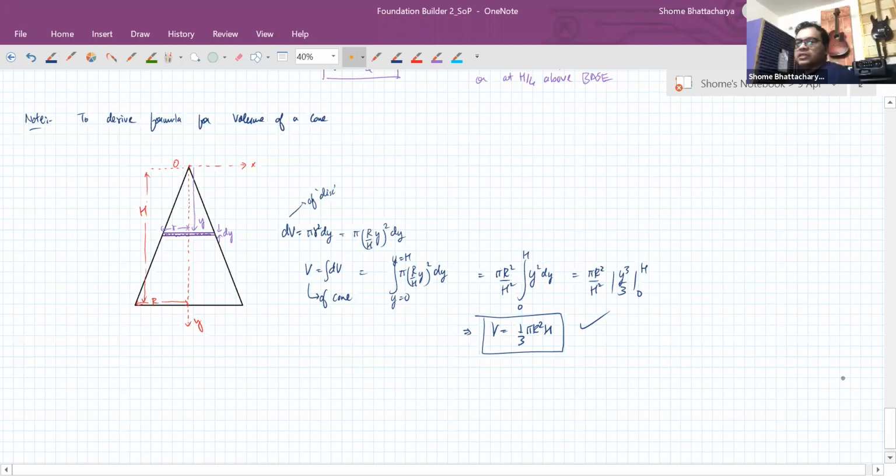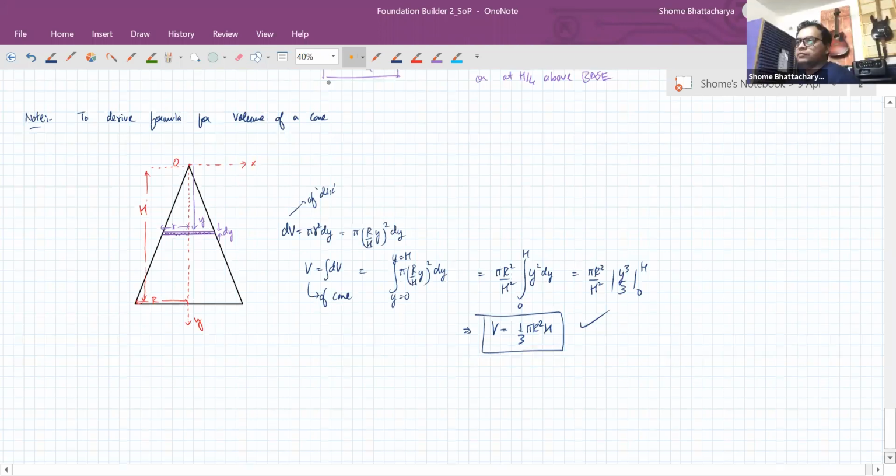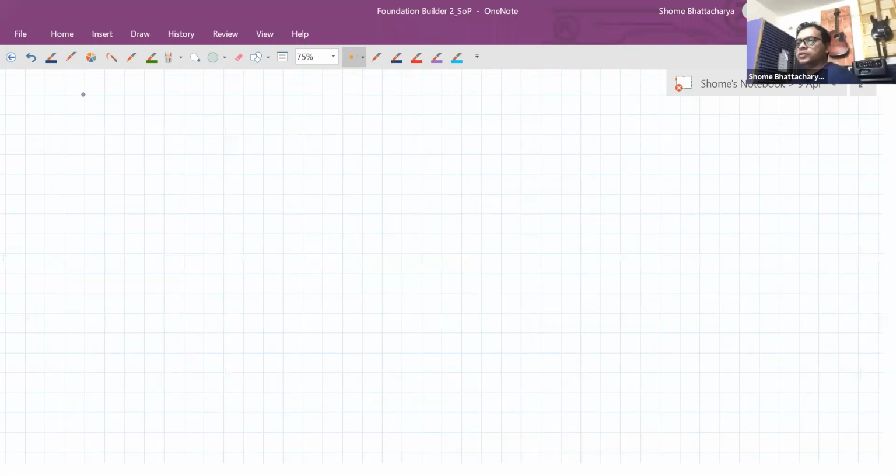Now we will continue with some more center of mass examples, but we will come back to them later. Now we will move on to another part of this chapter, which is about motion of center of mass. So in the next lecture, we will come back to position of center of mass once more, and we will also see center of mass of hollow conical shell,